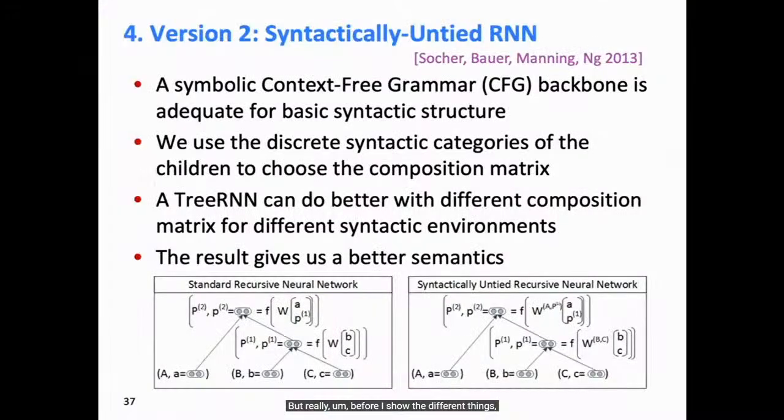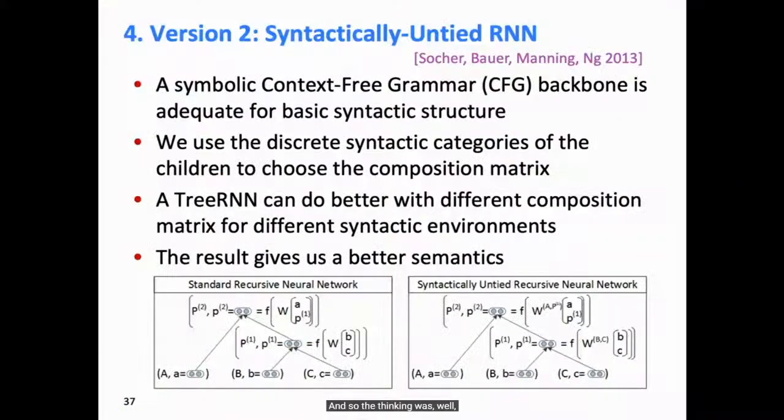But before I show the different things, I'm going to show one more version that's related to the first thing, which actually gave a pretty successful and good parser for context-free style constituency parsing. This was another way of getting away from the parsing being completely greedy, which was to split apart the two parts: we have to come up with a tree structure for our sentence, separately from computing the meaning of the sentence.